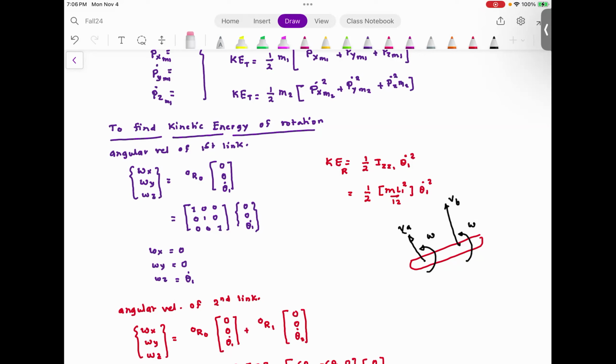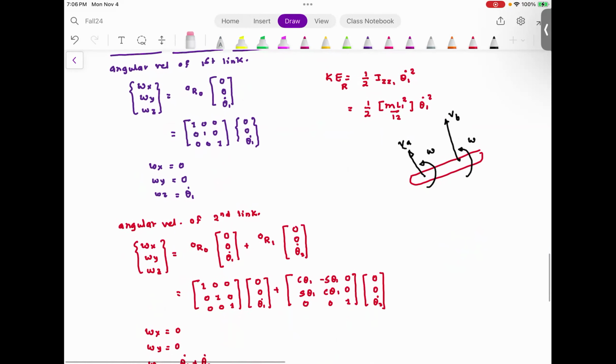You are going to find out the kinetic energy of translation for that mass. You are going to find out the kinetic energy of the rotation of that mass, and you are going to repeat that for that big robot. If your robot has maybe 3 links, 4 links, or 5 links, you are going to find out kinetic energy of translation for each link, kinetic energy of rotation for each link, and then you will sum all the kinetic energies. So whatever we have done here,